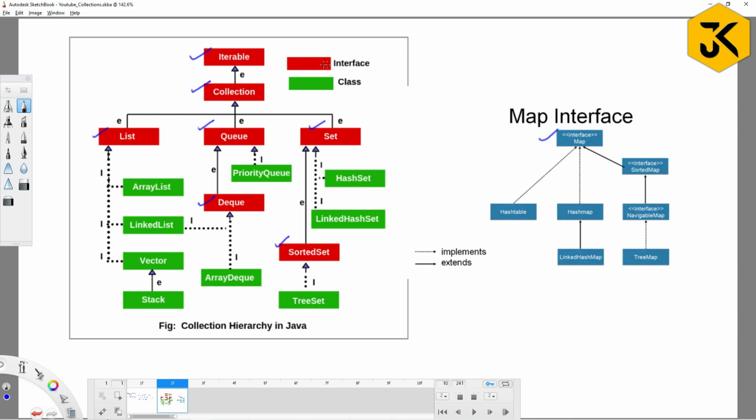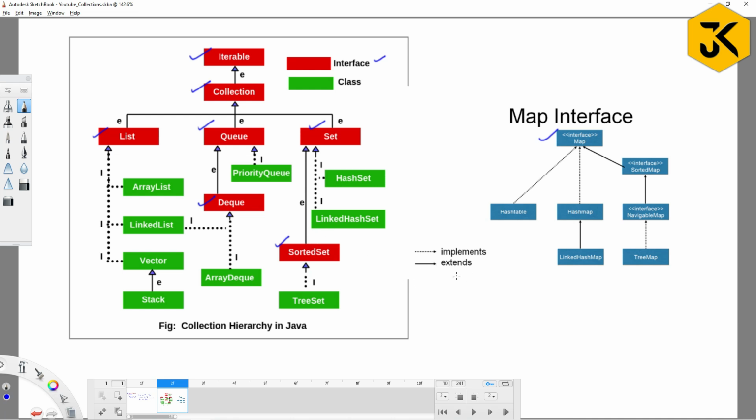The red color represents an interface and the green color represents a class. In this particular Map interface, dotted represents implementation, which means that HashTable is going to be implemented, and extends means inheriting the features, right? So just remember this hierarchy.